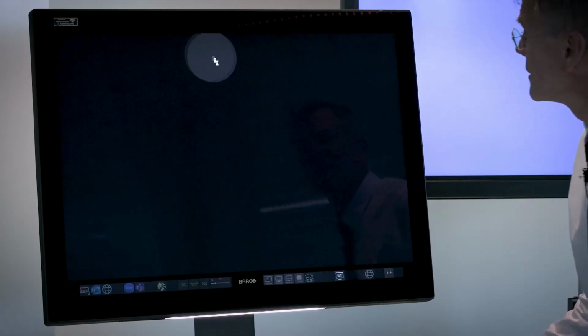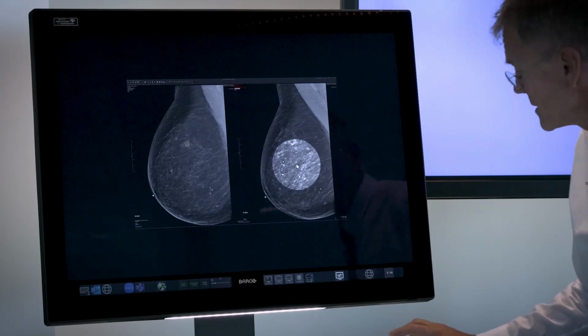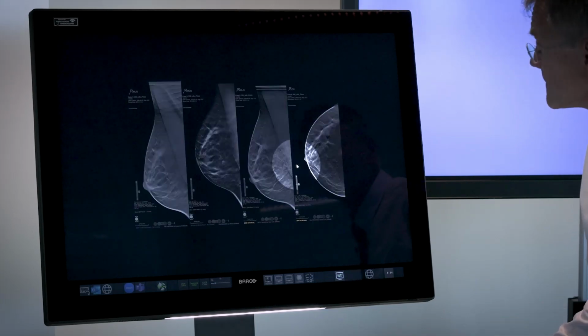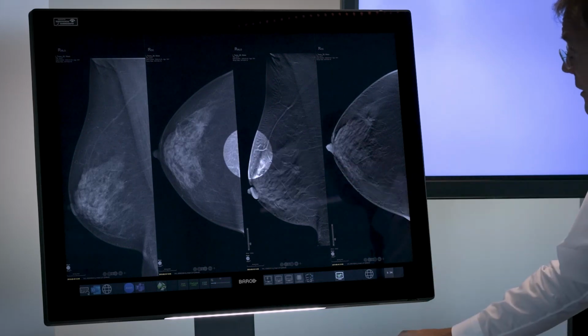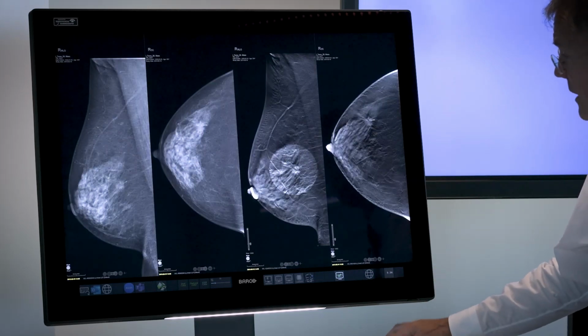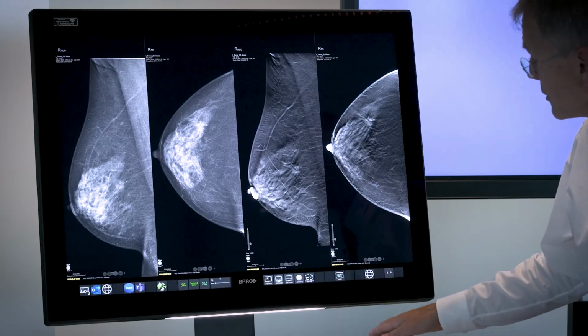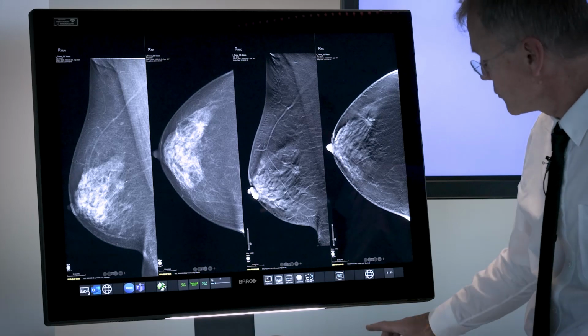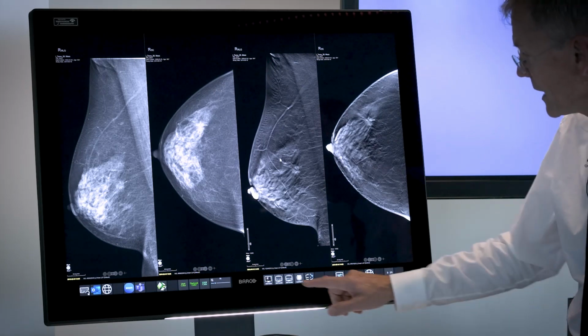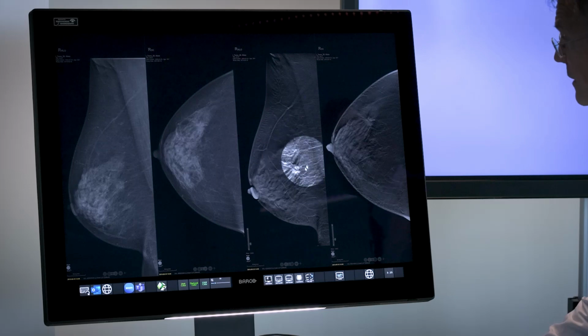So if I take a mammo image like this, and I have the spot here, and I can move that around, and so you can activate these things variously. And if suppose you're someone who doesn't use the touchpad, you just have a mouse, and you want to turn on the spot view, then there it is.